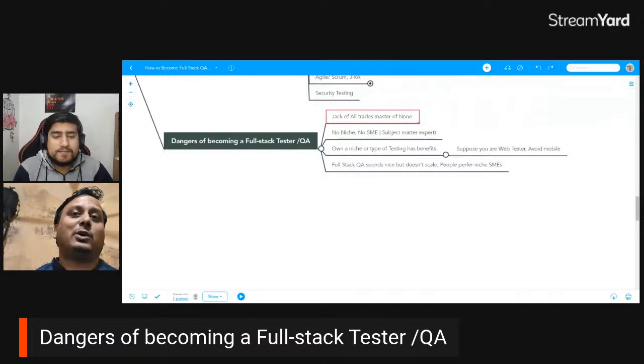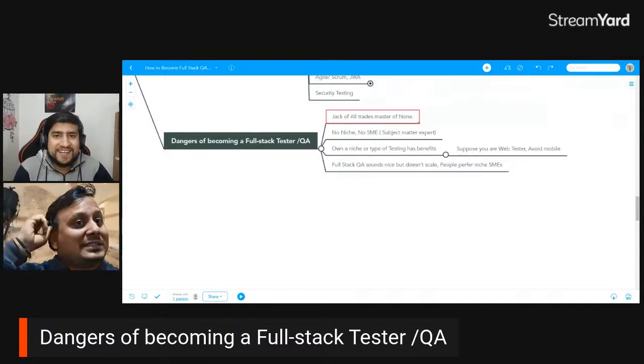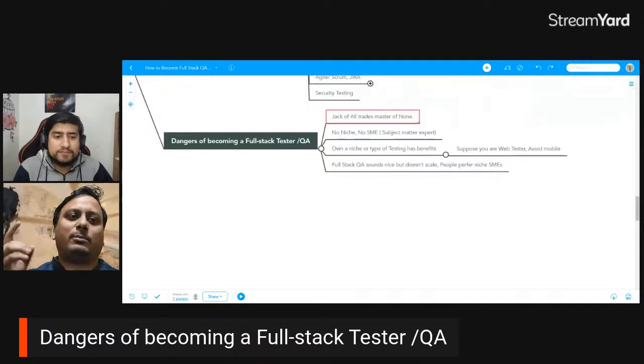I had more tools knowledge than him. I had more technology knowledge than him. But people were looking for an expert. So it's like, again, it depends. If you want to become full stack, you can become, but there is danger there. So that's why I'm saying, before becoming a full stack, become a master of one or two things, at least functional testing and test cases development plus API testing, and then you can try out different things. Like if you really have good knowledge of performance testing and this excites you, so find